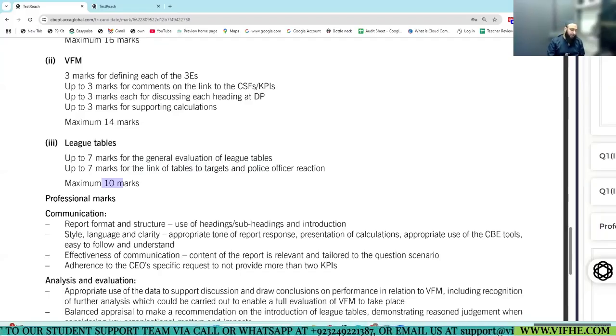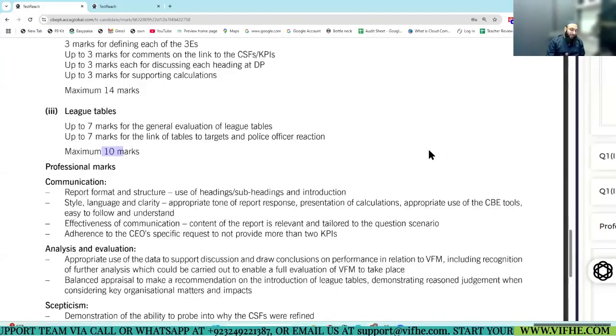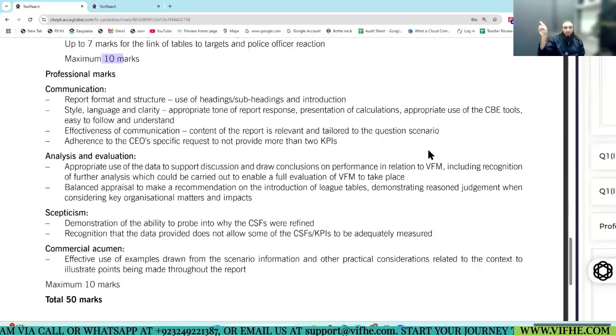Okay, done. Now the professional marks. I'll just read this and we will assess the script whether it is according to this or not. Let's do it. Communication, 3 areas. Report format, how the report format is, and the structure of the report. 2 from date, subject, introduction paragraph, and the structure, use of headings and subheadings.